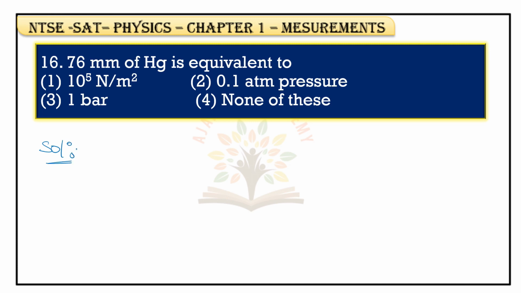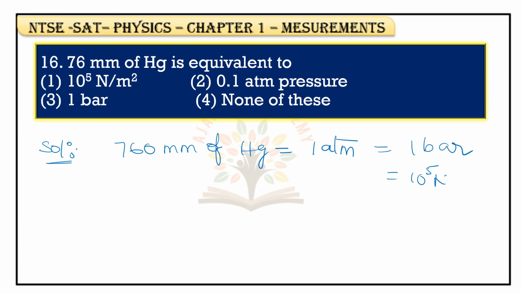First, 1 atm is equal to 760 mm of Hg. So 760 mm of Hg is equal to 1 atm, atmospheric pressure. That is equal to 1 bar, that is equal to 10 to the power of 5 pascals or newton per meter square. So this implies, this can be written as 76 mm of Hg is equal to